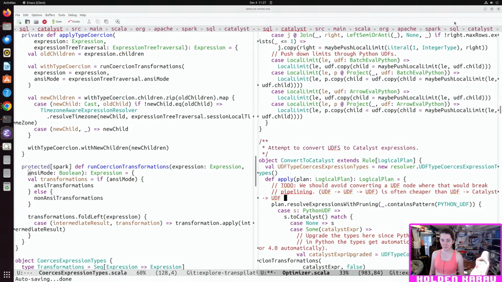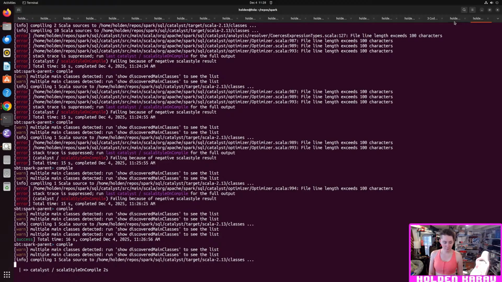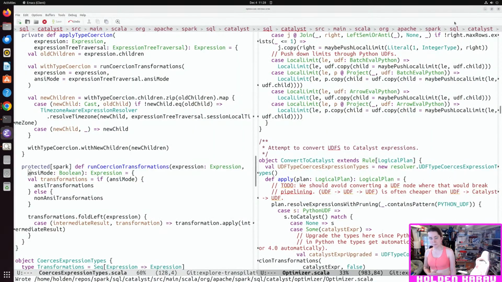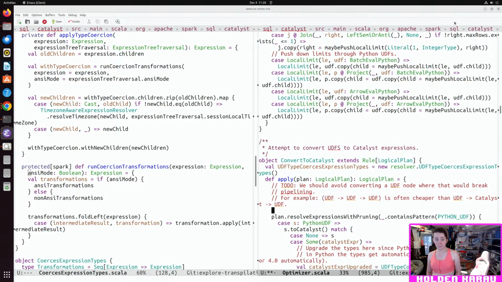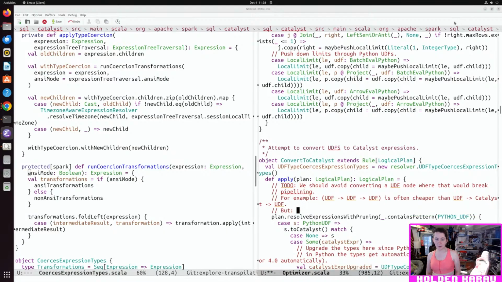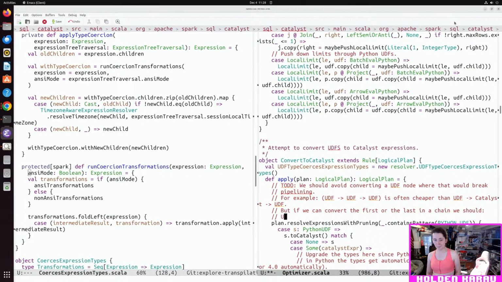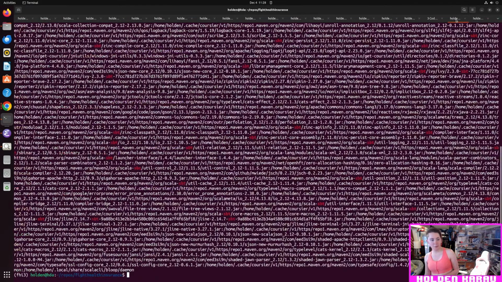Catalyst, UDF. But if we can convert, which way? Cool. That's a more complicated to do.